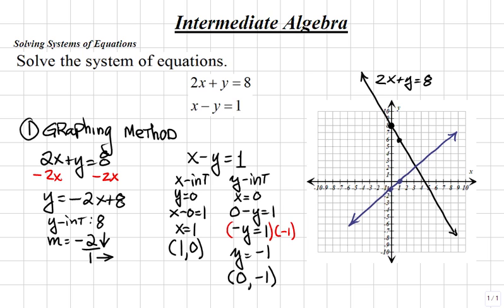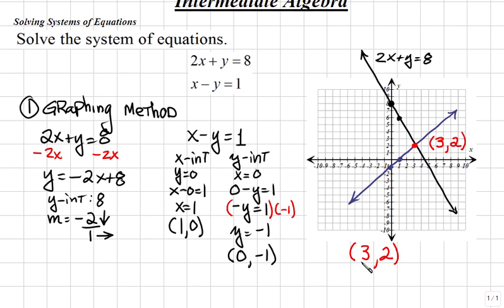Note that these two lines are crossing here at this ordered pair, where we're going from the origin 3 units to the right and 2 units up. So the ordered pair solution is the ordered pair 3, 2. This is the solution to this system of equations. We can check our work by plugging in x being 3 and y being 2 into both equations, and both